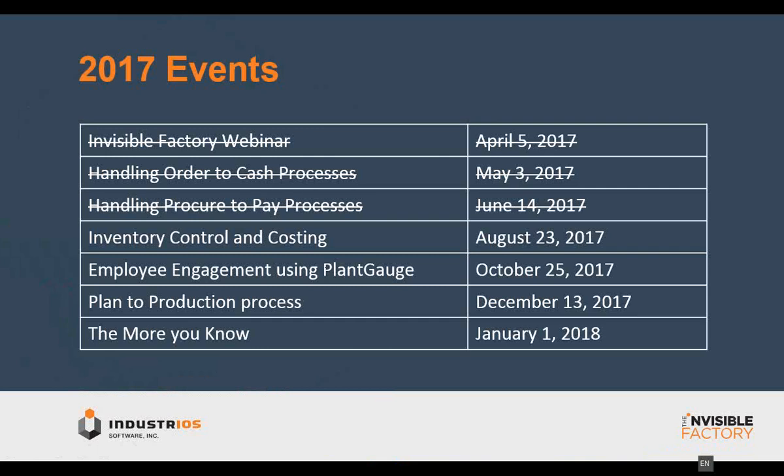This is basically a look at the Industrios online events for 2017, either past, present, or future. Okay, so we kicked off the year with an Invisible Factory webinar. Then we had the first 2 of a series of 4 on how to use Industrios to tackle different processes within your organization. So we started off with order to cash on May 3rd. Then on June 14, we had handling procure to pay processes. Of course, today, August 23rd, we did inventory control and costing. And then the last in this series is on December 13, and the topic will be the plan to production process. Sandwiched in between those events, on October 25th, we've got an event planned entitled